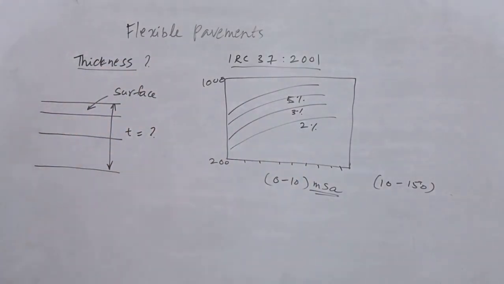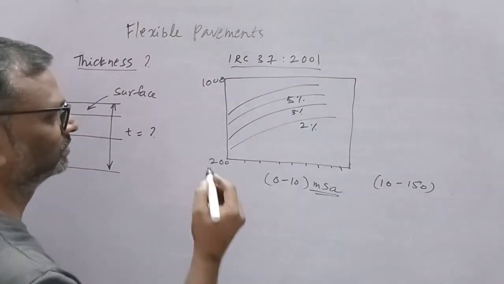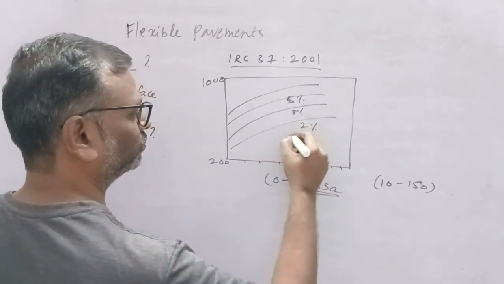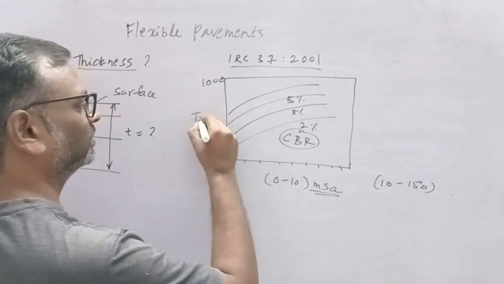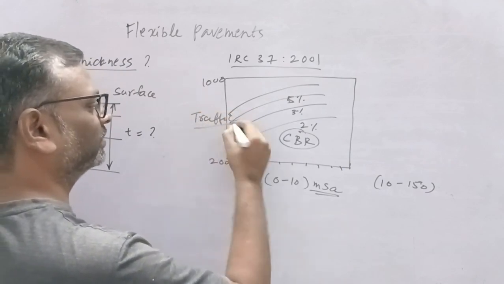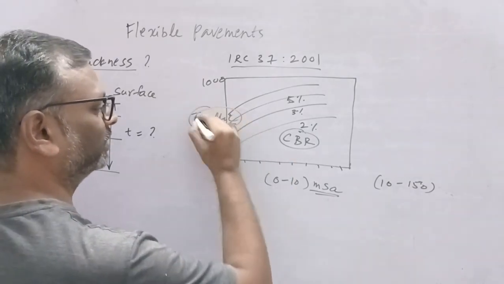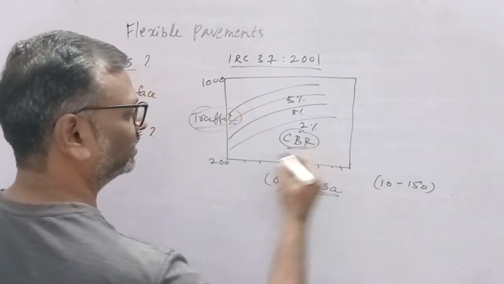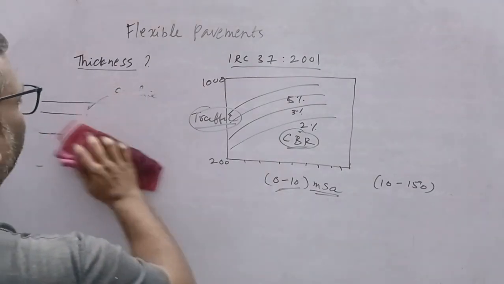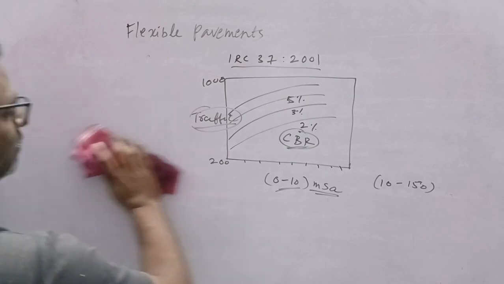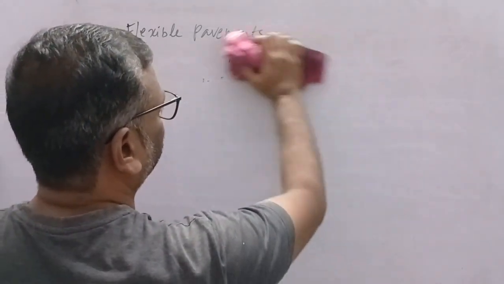Anyhow, we will see how to determine the CBR value and how to determine the design traffic, this traffic and CBR value. Now we will see how to determine those things. First, design traffic is given by a formula that you have to remember,